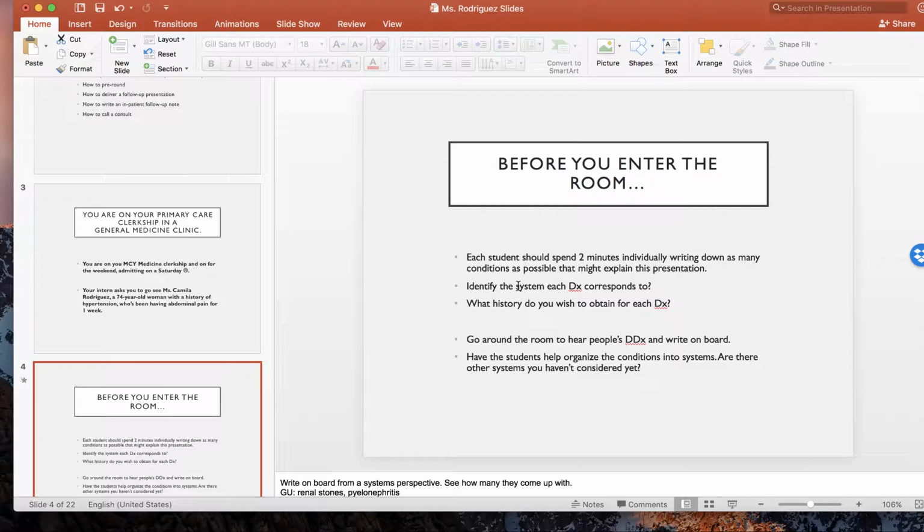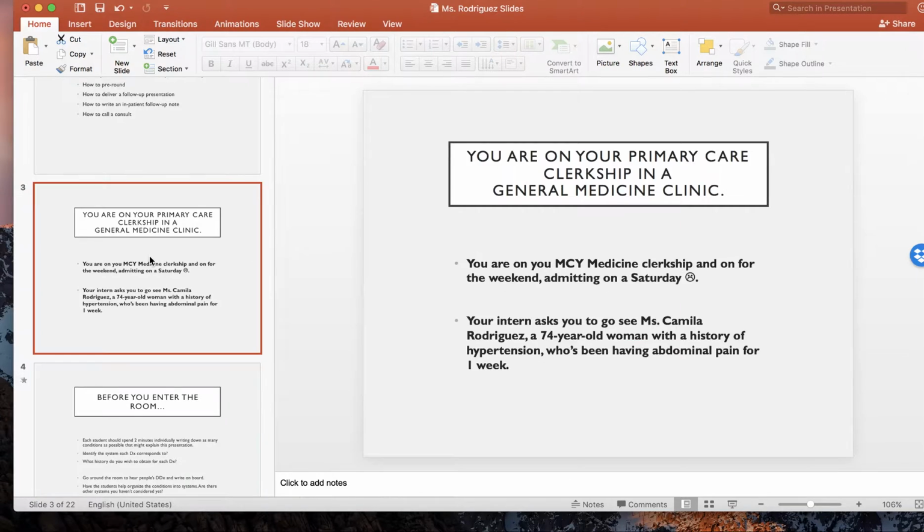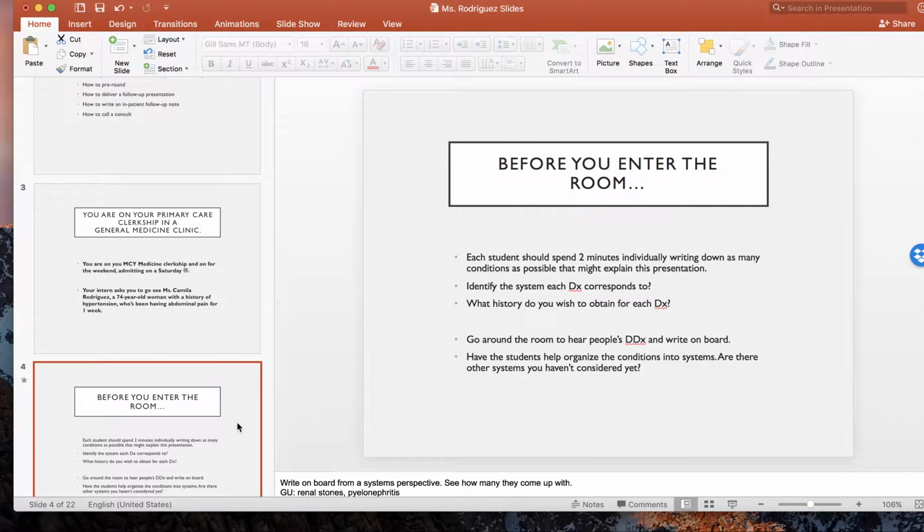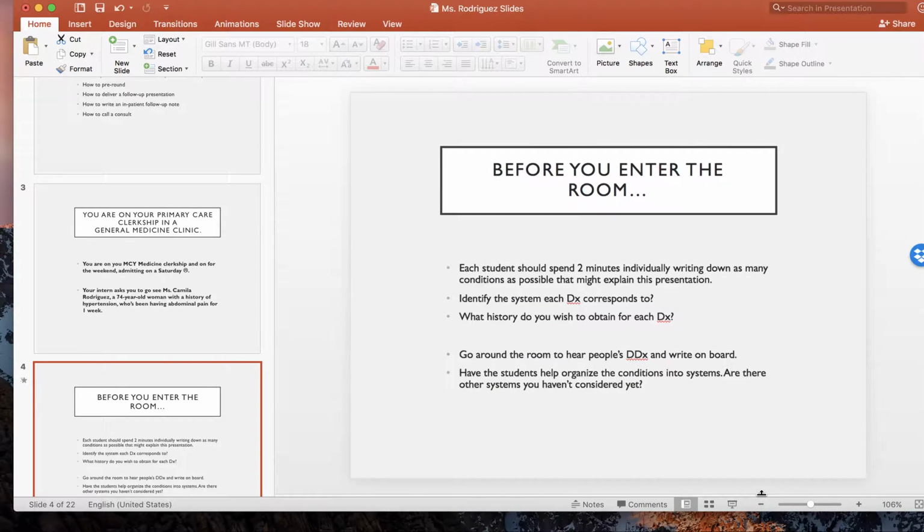each individual student spend a minute or two writing down all the things that could be causing abdominal pain in this patient. We know very little about this patient right now, but it's great even initially for the students to just have a real broad differential diagnosis, to just kind of see all the things that could be going on. A couple minutes in silence, and then you're going to open it up and you say, hey, what'd you guys